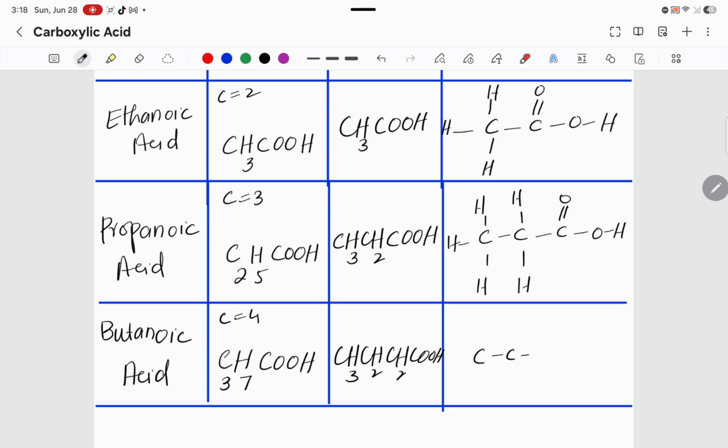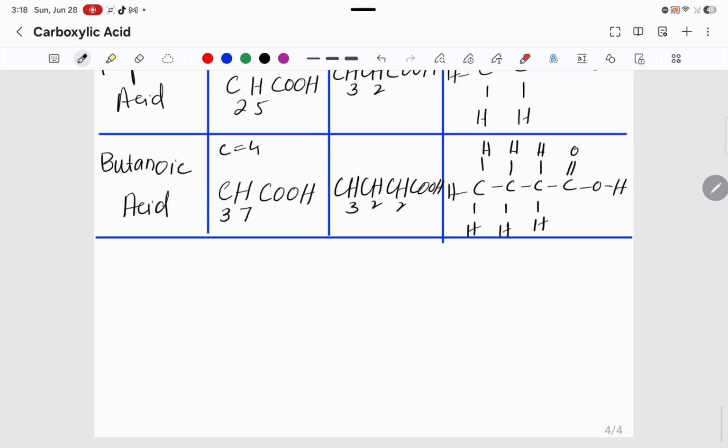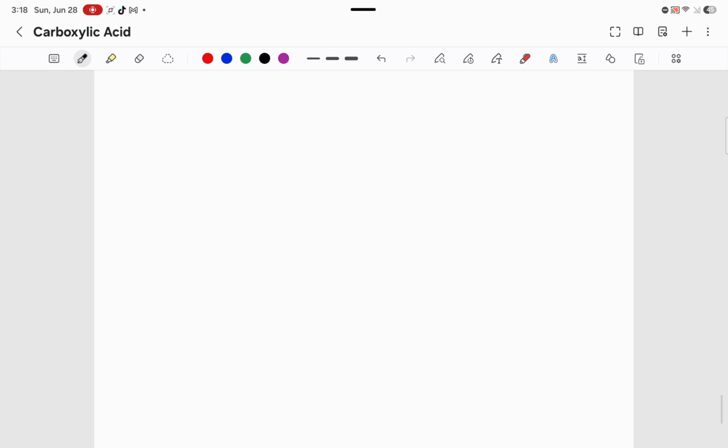For this, we have to draw 4 carbon. The last one is the functional group, and for the rest of the carbon, I will attach hydrogen atoms which are required. Okay, I hope you must have understood how to name the formulas and how to write the names of different carboxylic acids. Now coming towards the next topic, that is